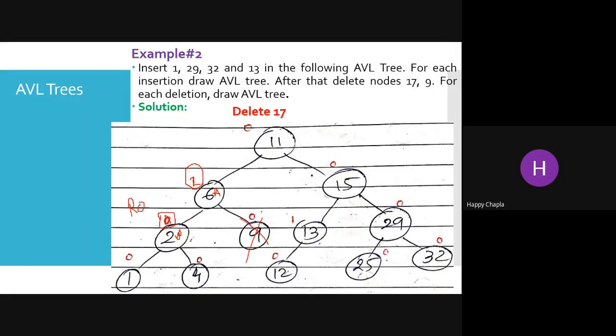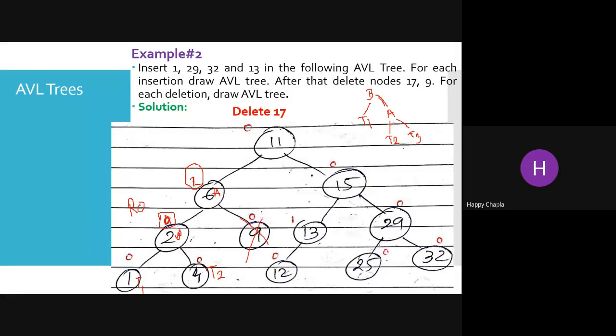Okay, and what would be the scenario? Here this one is your T1, this is your T2, and you are trying to move from this side. So your A will always be over here; you have to manage B as the root, A as the right tree. Here T1, this is your T2, and if T3 is present over there, you have to give T3 over here. But here we don't have T3, so B.